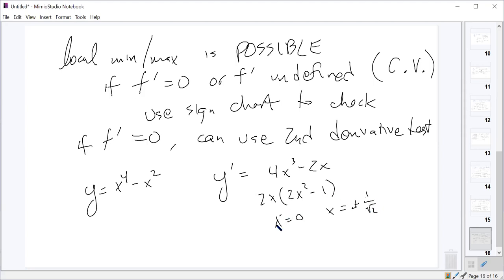I'm just going to specifically use x equals 0 because that's just easy. So the second derivative test tells us we can look at y double prime of 0. So y double prime should be 12x squared minus 2. And if we evaluate that at 0, we get negative 2. And so since the second derivative is negative,